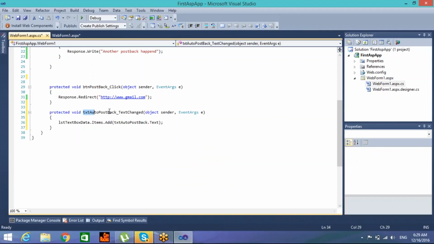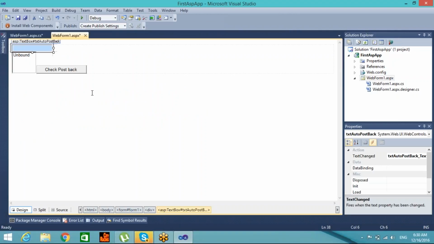When there is a text change. Text change is an event which gets fired when I enter some value and come out from the text box. So let us see without postback, where the AutoPostBack property is false, whether it is happening or not. So if I run the application,